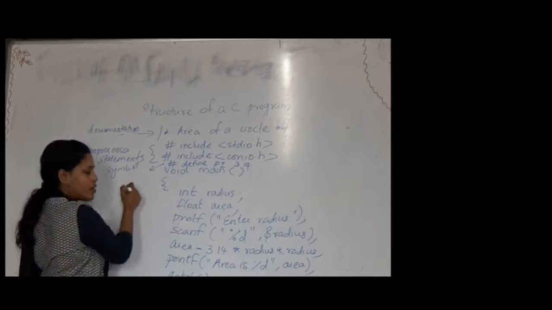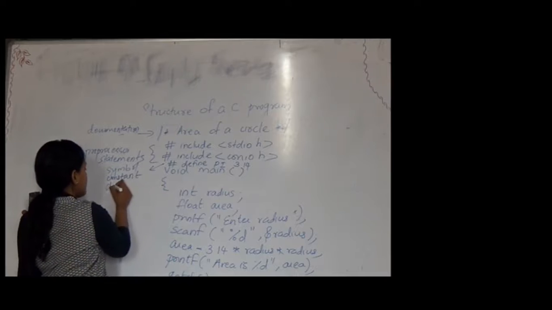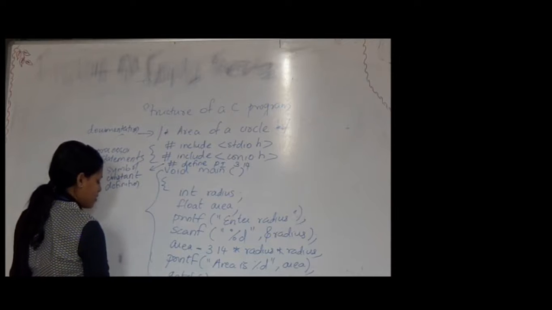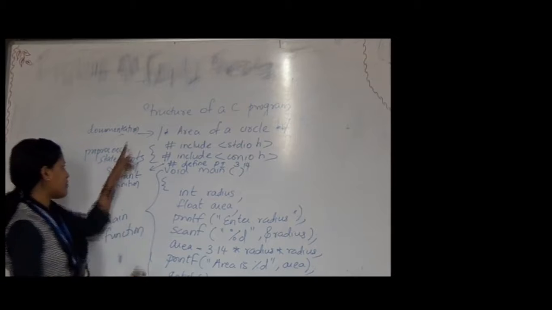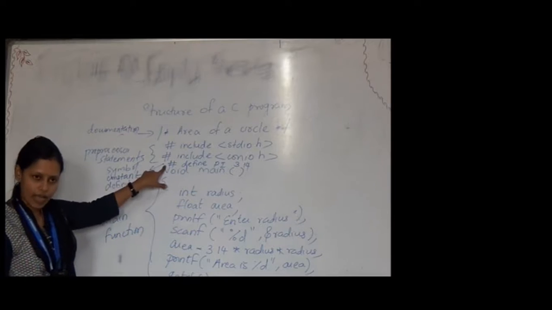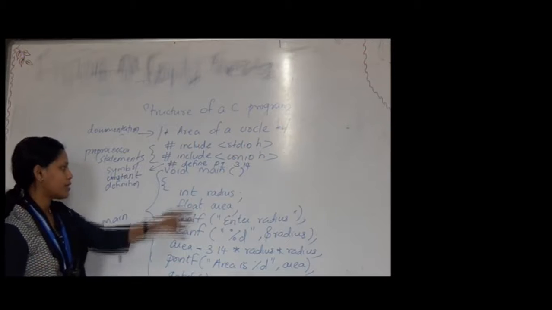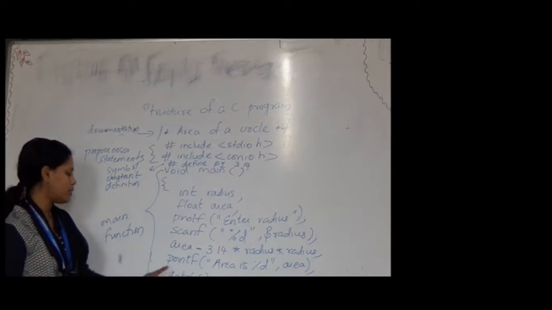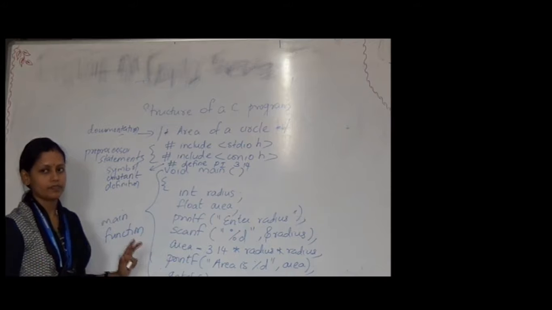In our program we are not using any global variables, so that section is omitted. Followed by this is our main program or main function. So we have the documentation section, followed by the preprocessor statements, followed by the symbolic constant definitions, which again is an optional part, followed by that we have our main function. In the main function we have declarations plus executable statements. So I hope the structure of a C program is clear to you.